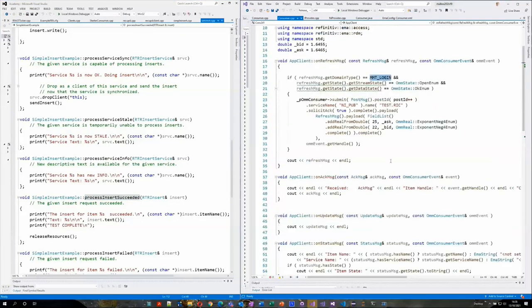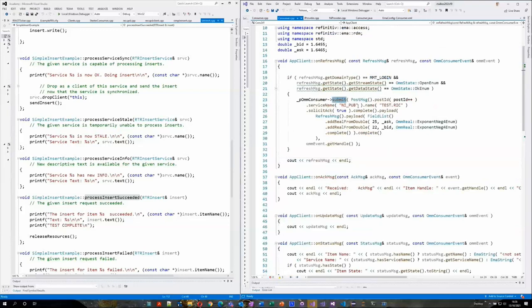Okay, perfect. So on the onRefreshMsg, you'll see that once you've received a login, the domain type is login here, then you're free to go ahead and submit messages for posting or contributing or doing inserts, another way to say the same thing. And you can see that the submit call is just that, very, very simple.